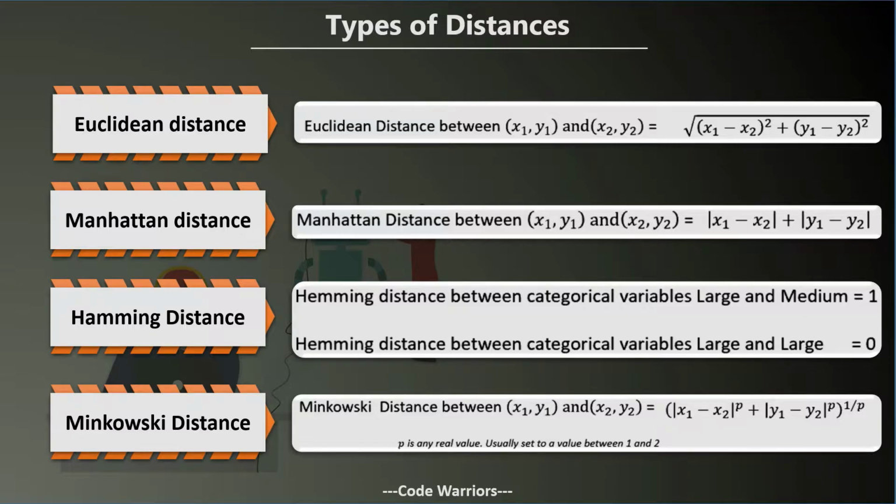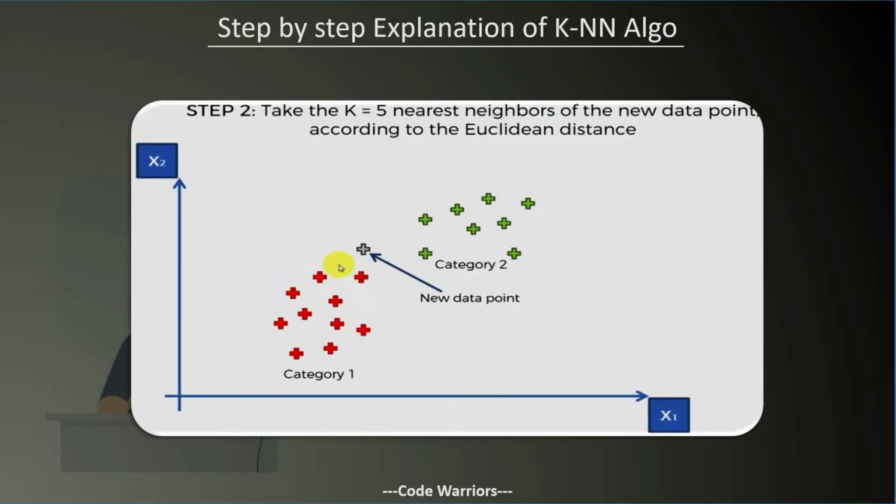In Minkowski distance, the formula is a generalized formula. If you put the value of p equal to 2, then this formula becomes equal to the Euclidean distance formula. So we are going to use Minkowski distance in our practical programs, to make the Minkowski distance equal to Euclidean distance. I will show you later how that happens. As you know, we are going to use Euclidean distance for calculating the distance between the data points. So let's move toward step 2.